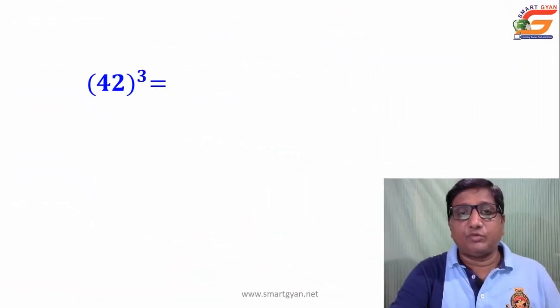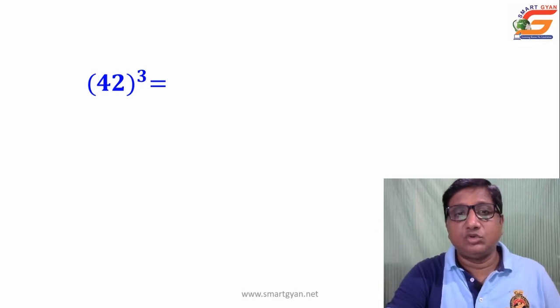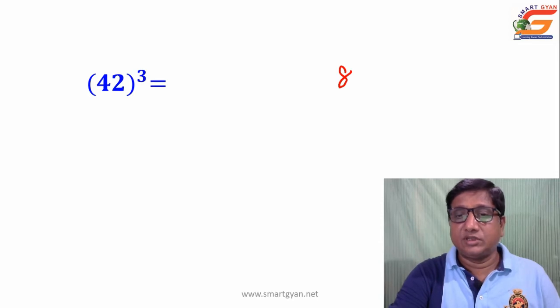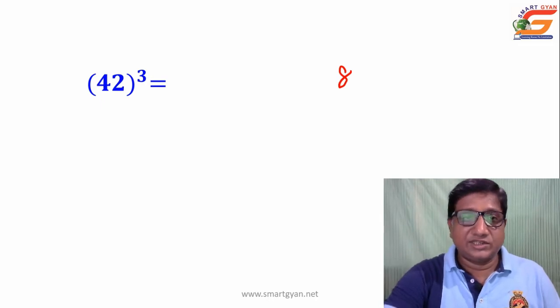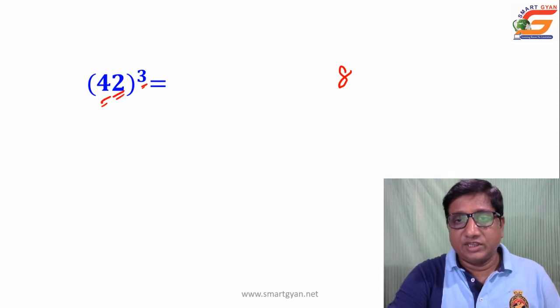42 cube. First we will take unit digit 2, 2 cube 8, as it is a single digit we will write it itself. In case of more than one digit we will carry the remaining digit, writing only the unit digit. Then next is 2 square, unit digit square, that is 2 square 4 into 4, 16 into 3, 48. So, we will write 8 carry 4.